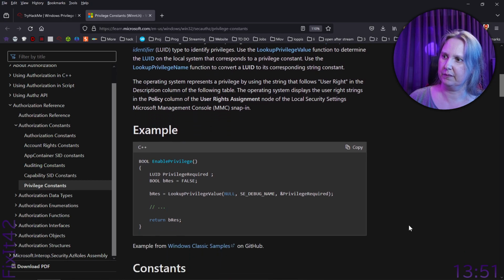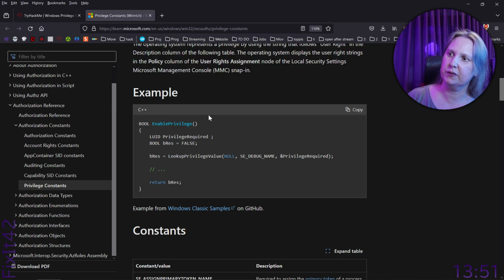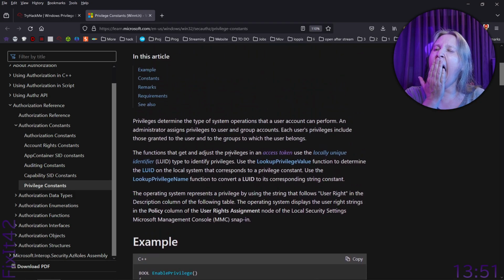So we could also look at it this way. Enable privilege. Look up privilege value. Here we see